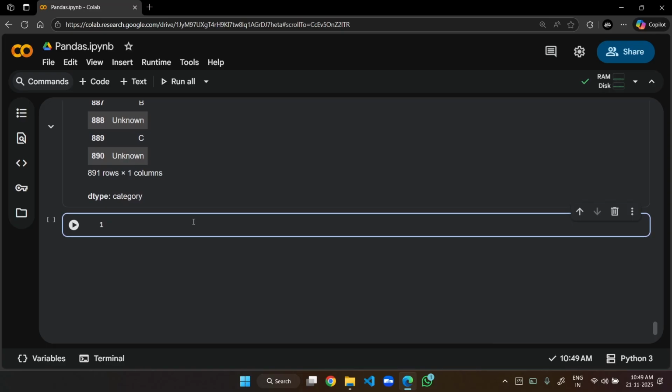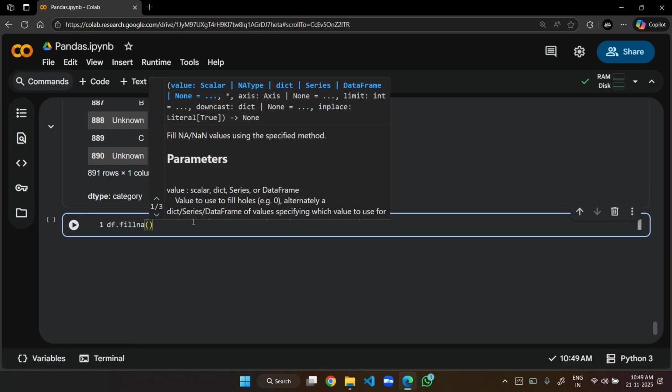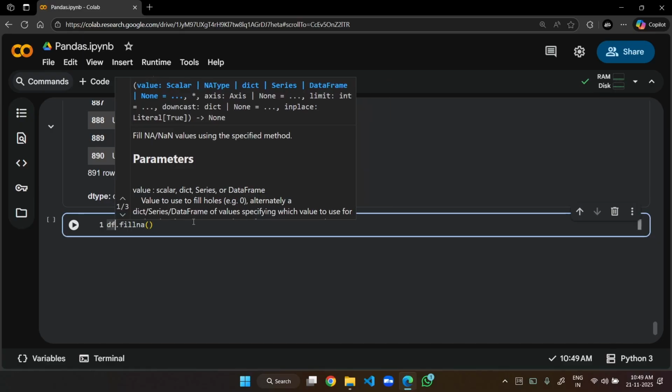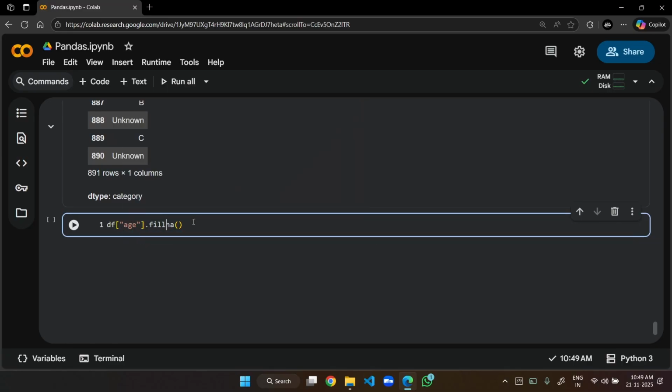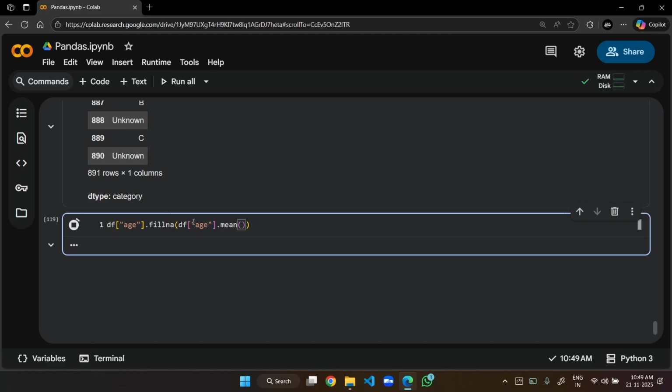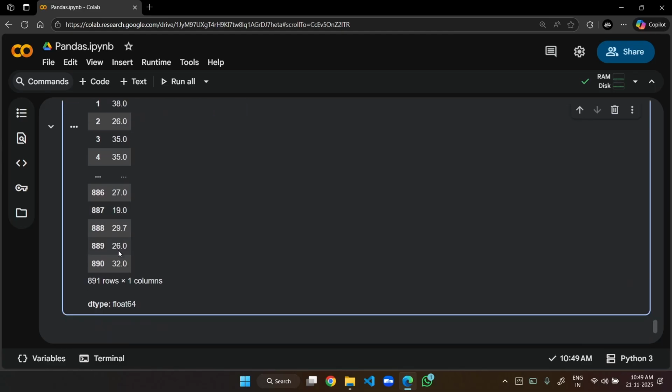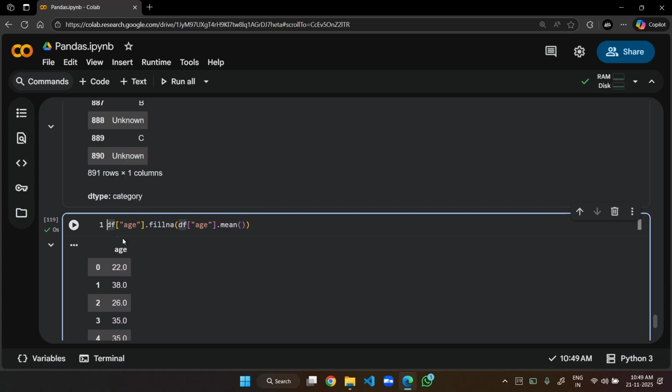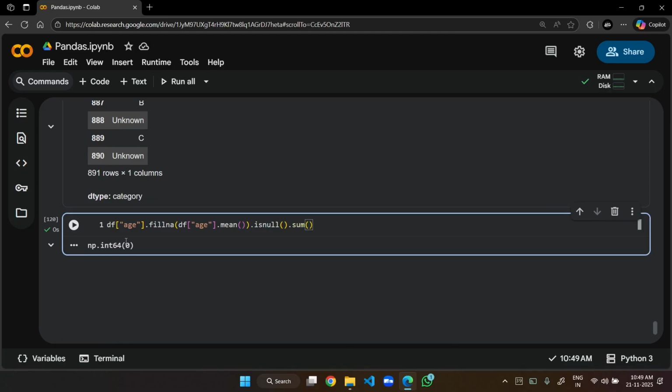So what I can do is df of age dot fillna with df of age dot mean. Now this will remove all the missing values in the age column, and then you will have the completely filled age column. So if I do dot isnull dot sum on this, you'll be able to see that I have no